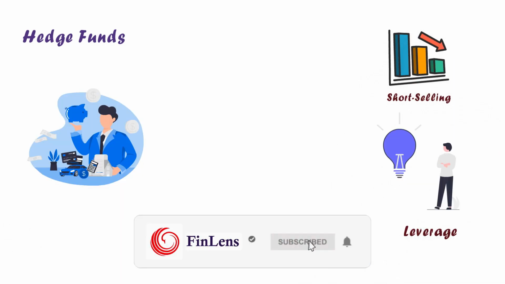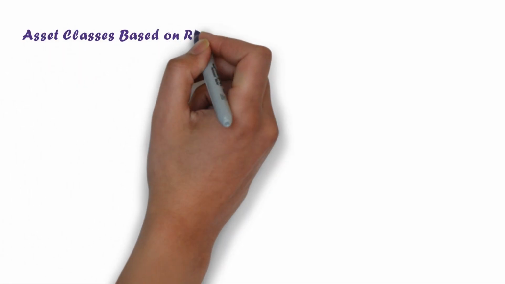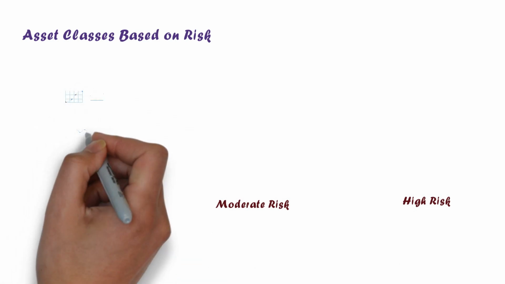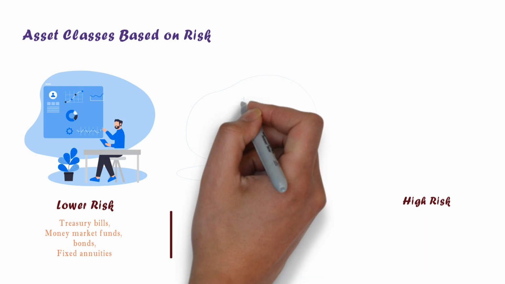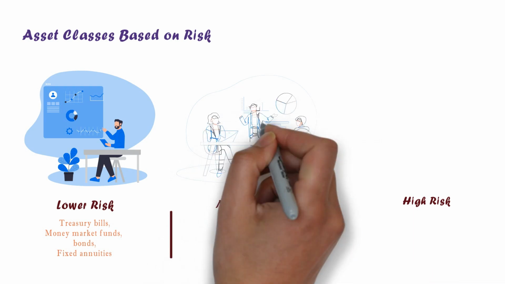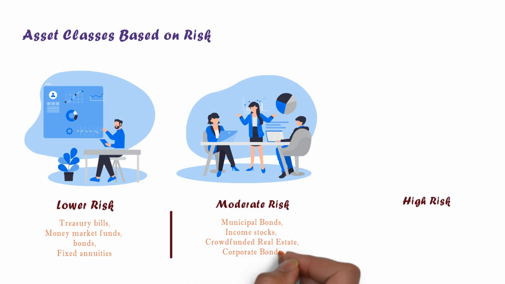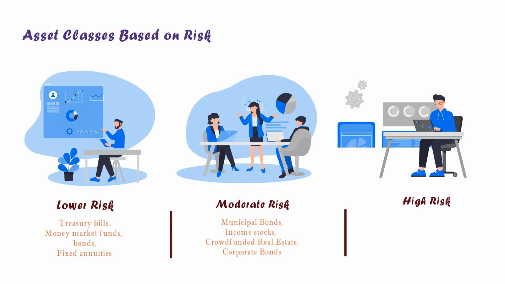There are three broad types of asset classes based on risk: lower risk, moderate risk, and higher risk. Lower risk assets are usually more stable. They are less likely to lose money and returns on the investment will be lower over the long term. Moderate risk assets contain a combination of higher risk and lower risk assets. Higher risk assets have higher expected returns and the risks of losing money are increased, especially over the short term.